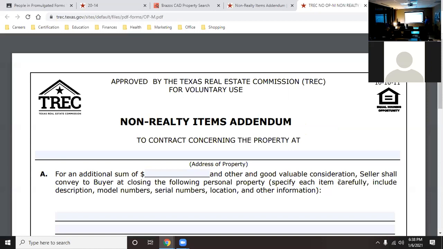Now, would that make the sale of the house, like, if it's a $200,000 house, $200,000 and $1? No. Okay. So whatever's in this form is going to be issued on a bill of sale. Does that make sense? Yes. So whatever items you list in here, you're going to list the kitchen table for $1, and Miss Linda would have her mortgage for $200,000, but she would have to bring a $1 check at closing to pay you